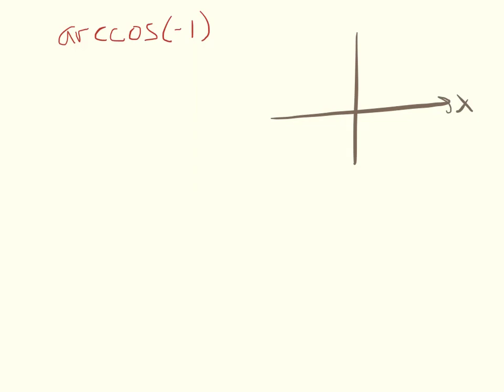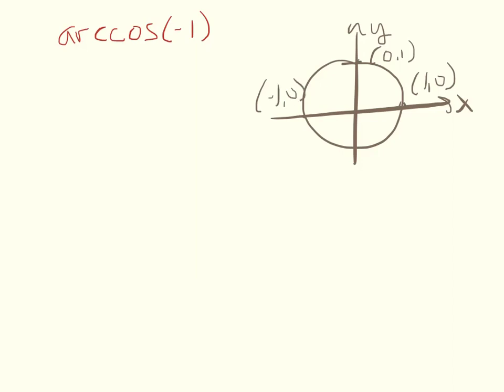Okay, I'm going to change something here. We're still going to look at inverse cos, but sometimes you're going to encounter problems that involve using the unit circle. So I'm going to draw that on the side here. So we've got (1, 0), (0, 1), (negative 1, 0), and (0, negative 1). Okay. So this question here, we want to know,